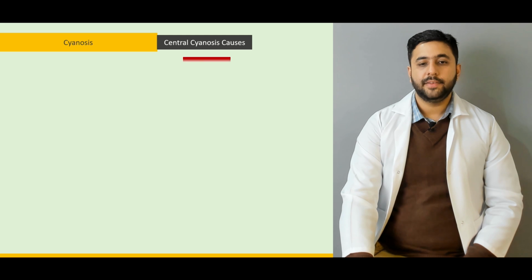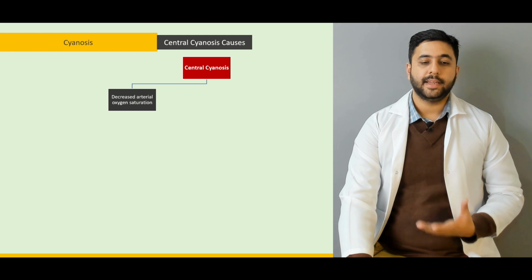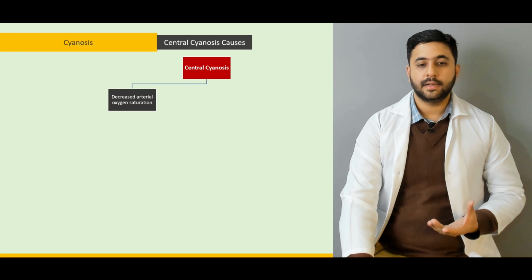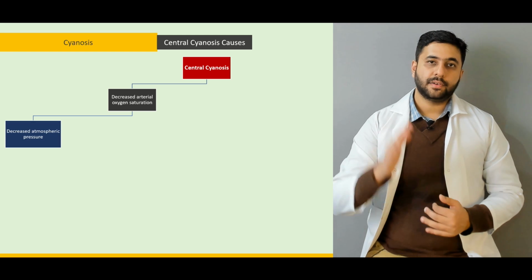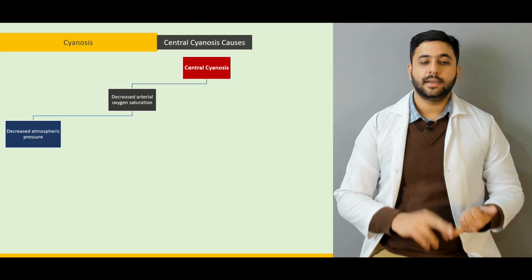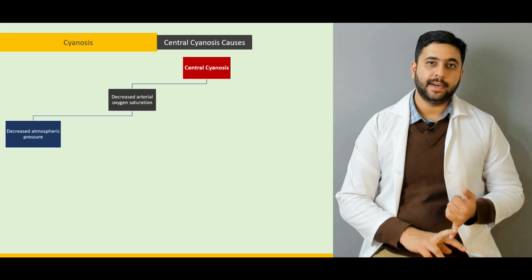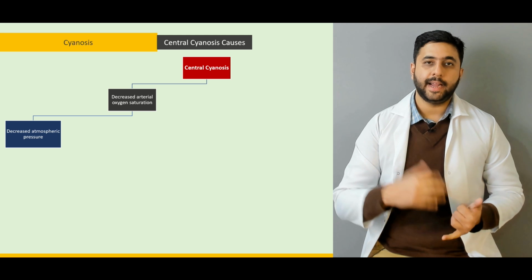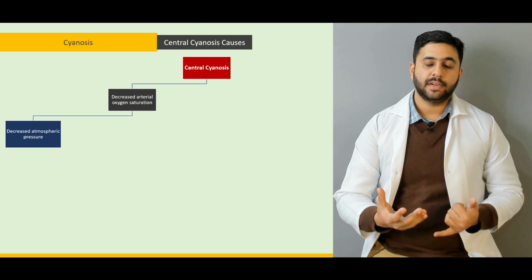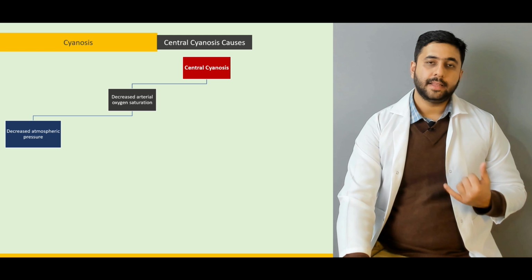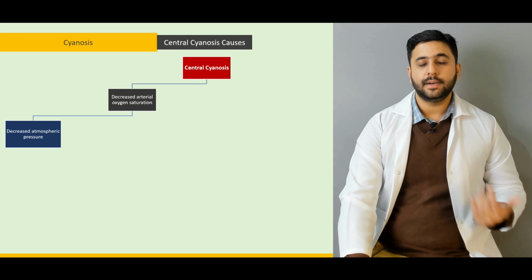Central cyanosis generally develops whenever we have a central problem. There is a generalized decrease in the arterial oxygen saturation. How can there be a decreased arterial oxygen saturation? It can start right from the level of the lungs. Either there is a decreased atmospheric pressure or decreased oxygen concentration in the inspired air. For example, someone who is at a high altitude, in that patient, cyanosis can develop centrally because there is just not enough oxygen in the atmospheric air and at the level of the alveoli to diffuse through and